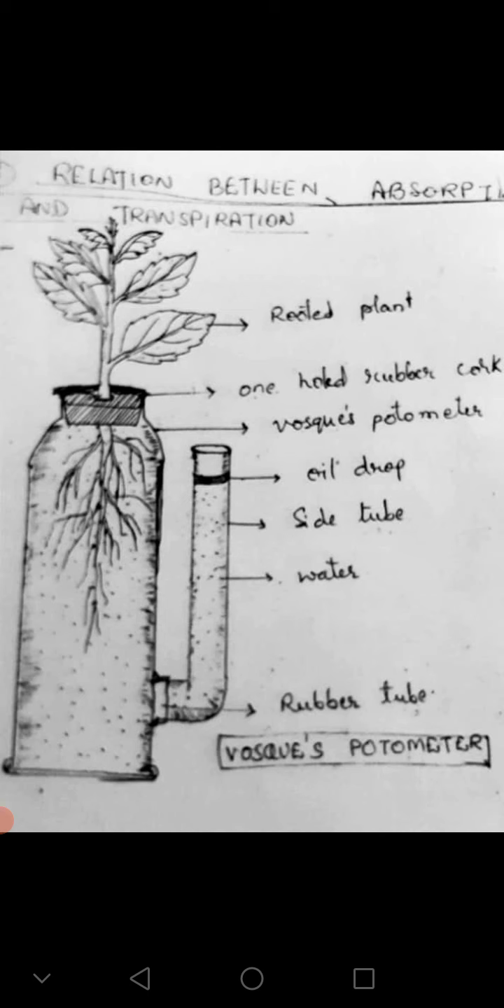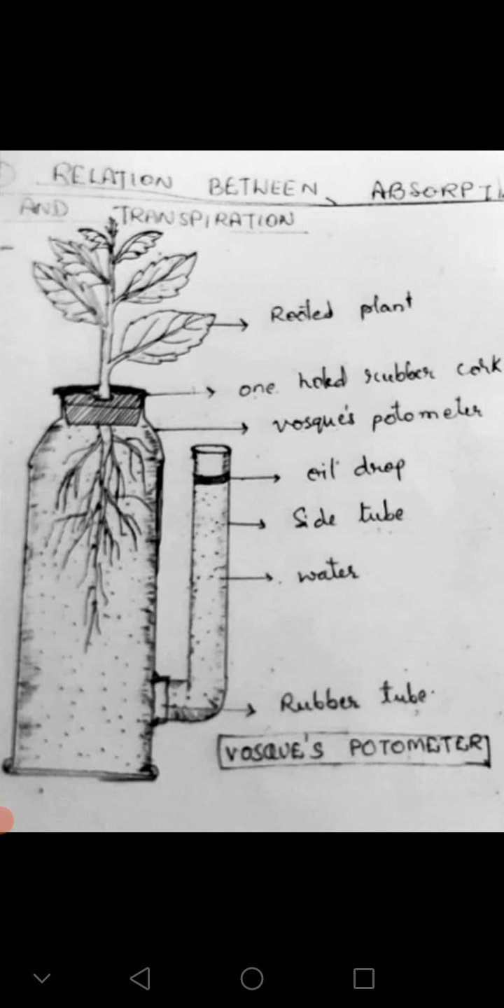A rooted plant is introduced into the bottle through the wide mouth with the help of a one-hole rubber cork. The apparatus is made airtight by applying wax. Then, to avoid evaporation from the side tube, add 2 to 3 drops of oil into the side tube. The whole apparatus with the plant, meaning the whole setup, is weighed and noted as W1, that is, the initial weight